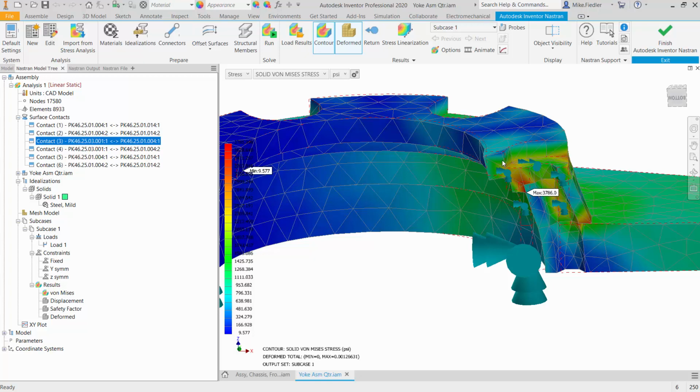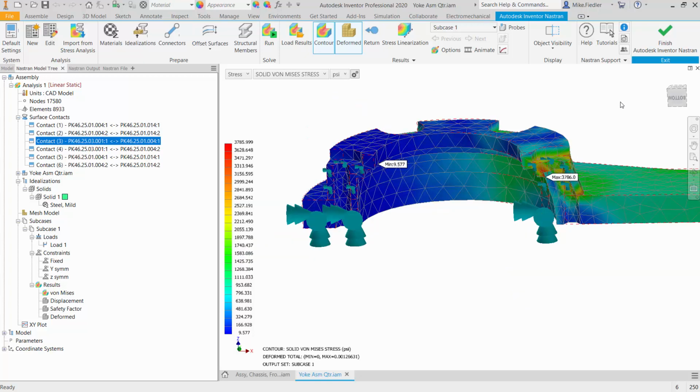So before you ever begin an analysis, it might be good to consider what the various contacts are going to do to the parts that they are mated with, and whether that is a reasonable approximation of what's actually happening in the real world model. While we're in here, I'm going to take a look at one other thing in the